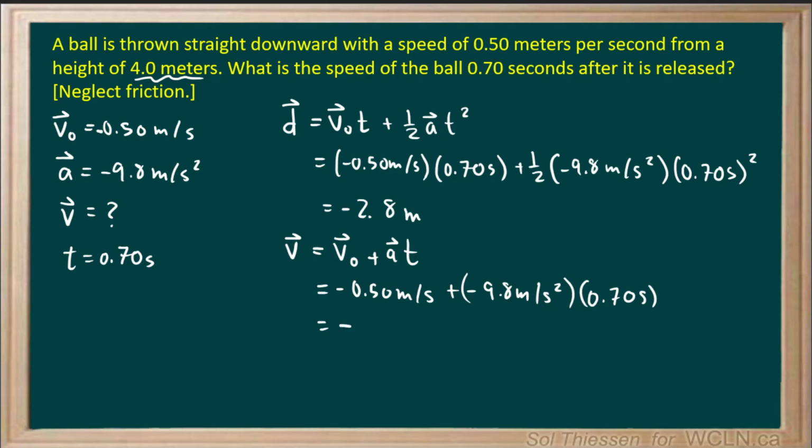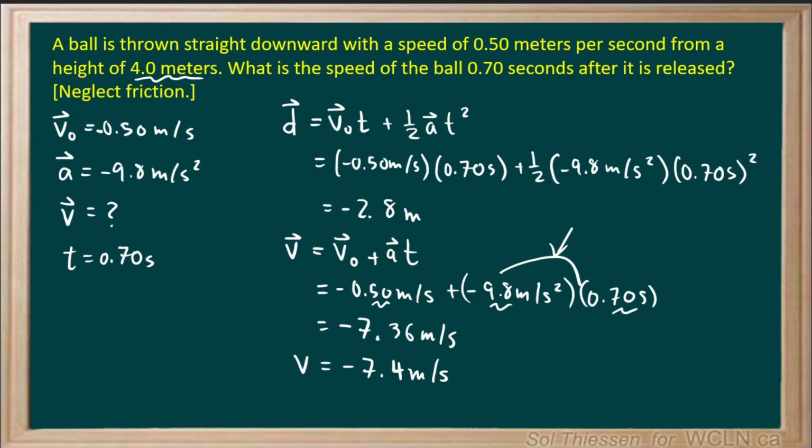of negative 7.36 meters per second, but keep in mind that we only want to have two significant figures, since all of these values that are being multiplied together only have two significant figures, and then when we add everything together, we want to keep the same amount of decimal places as the number with the least decimal places. So here we should have two significant figures and only one decimal place. Here we'll have two significant figures with two decimal places, so in the end we should have two significant figures with one decimal place. So we're going to round this to negative 7.4